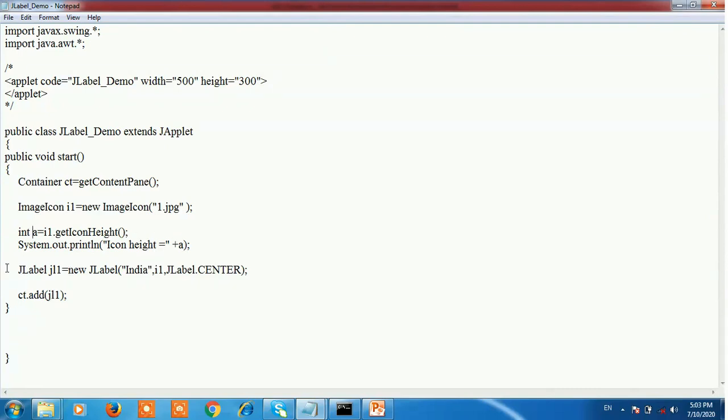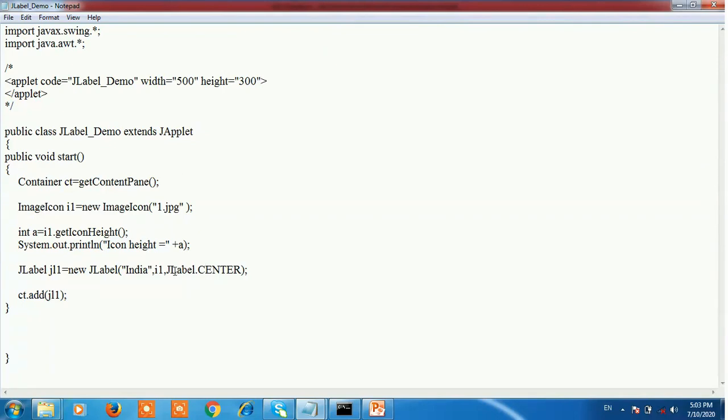After that, create a label, JLabel. The object is jl1 is equal to new JLabel having 3 parameters. The first parameter is string text, the second parameter is ImageIcon object, and the third parameter is int alignment. The alignment here is JLabel.CENTER. The alignment is provided like JLabel.LEFT, JLabel.RIGHT, JLabel.CENTER, JLabel.LEADING, and JLabel.TRAILING.